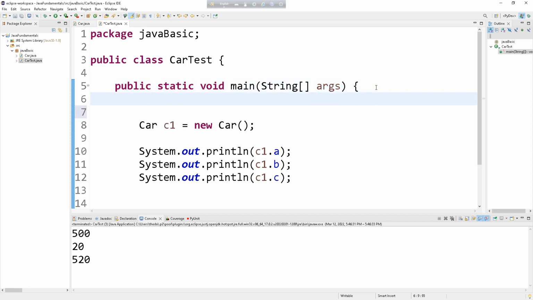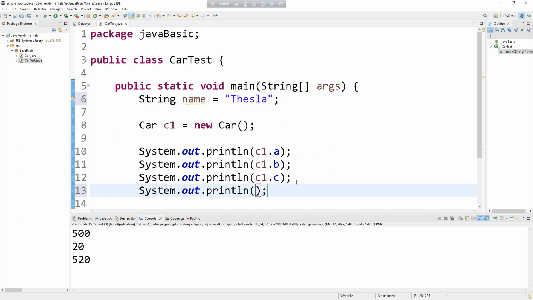And even if we want to define and declare new attributes or properties for car test, we can access it. Say for example, String name, and the name of the car is, say for example, Tesla. Okay, and we can say CISO, control spacebar, and